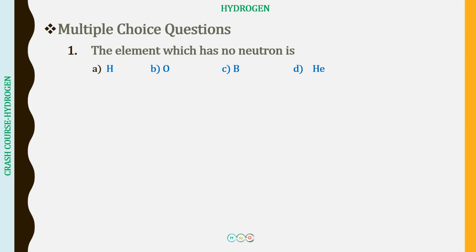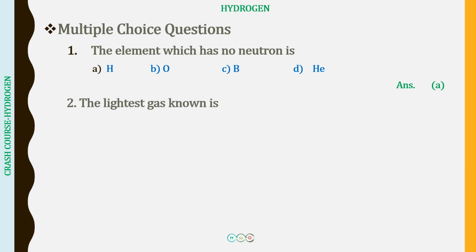Hydrogen has atomic number 1 and mass number 1. Therefore, what this means is that hydrogen has 1 proton, 1 electron and no neutron. So the only element in the universe which has no neutron is hydrogen. There is no other element in the universe which has no neutron. There are going to be one or more neutrons in all the other elements except hydrogen. So the choice is going to be A.